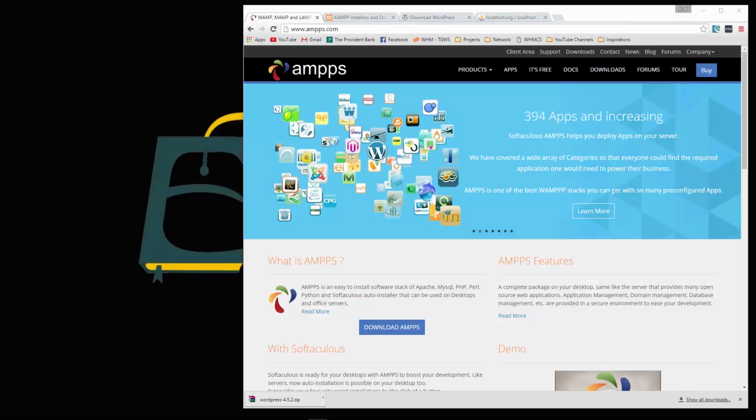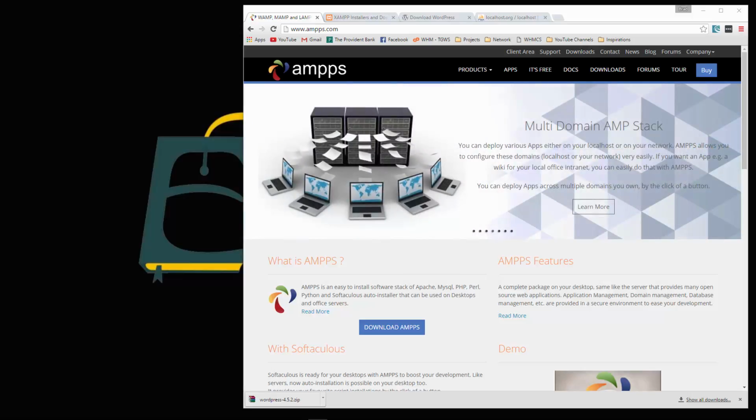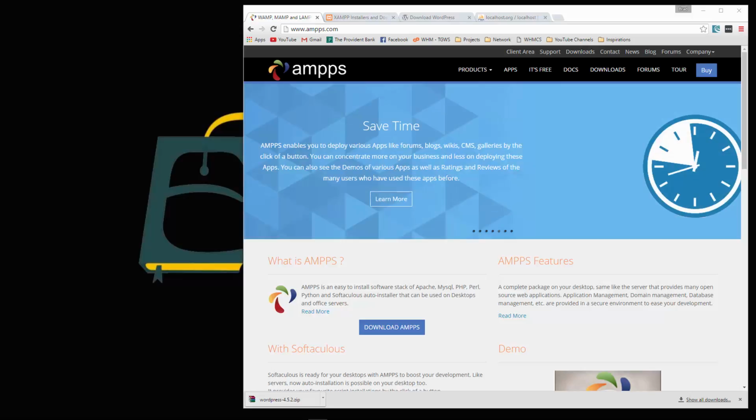Hello and welcome to your first WordPress theme project. This project will be a little different than the rest because it's going to be sort of an introductory project. I'm going to show you how to install and set up WordPress so that you can have a fresh installation to work with. Now we will be creating a theme, but we'll be focusing more on the code and the